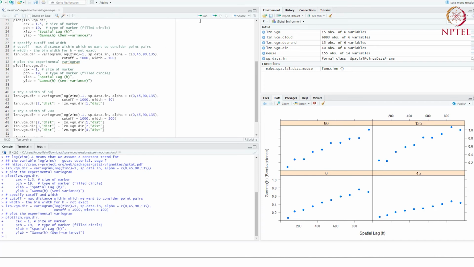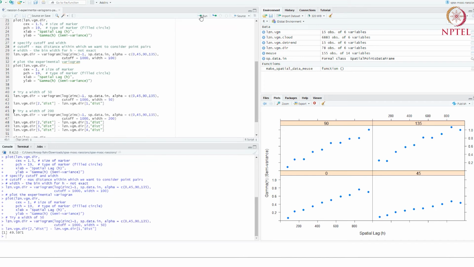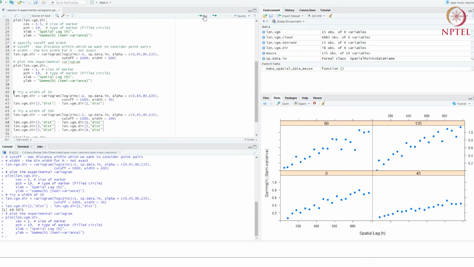Let's try a width of 50 and plot the variogram again. You see now the distance between points decreases. So there are more points now, and we're capturing finer scale variations. And also note that these are not exact. So when you do a width of 50,